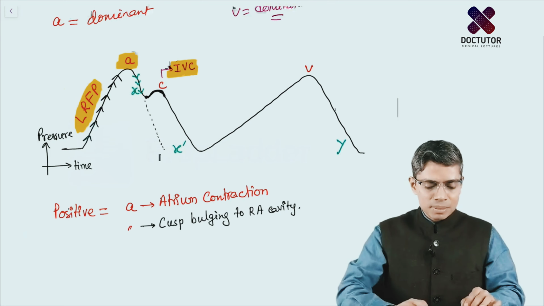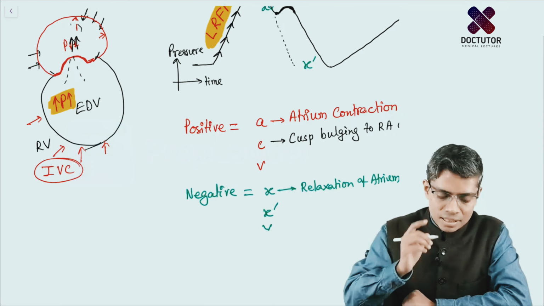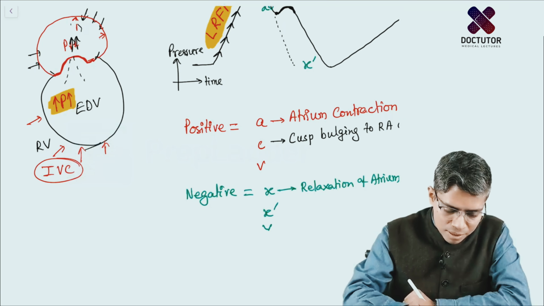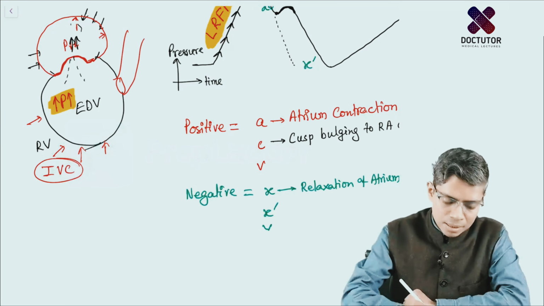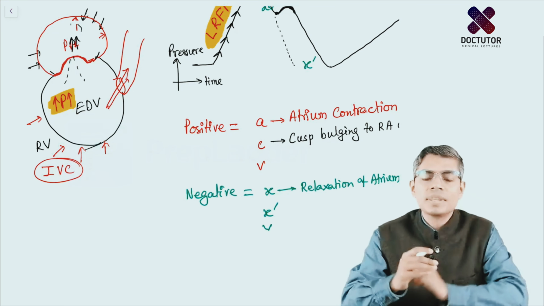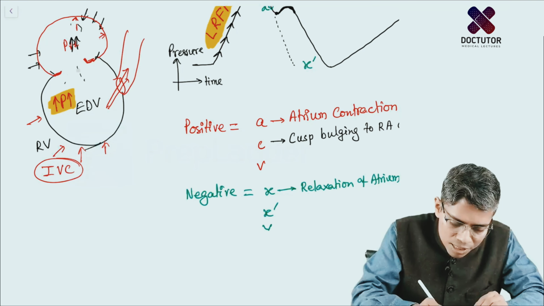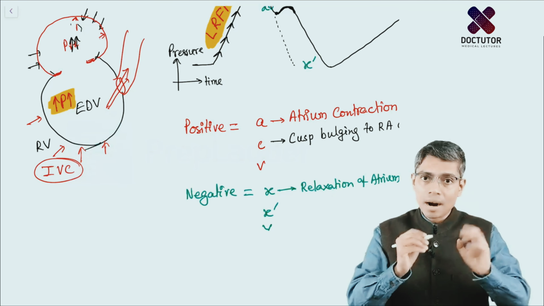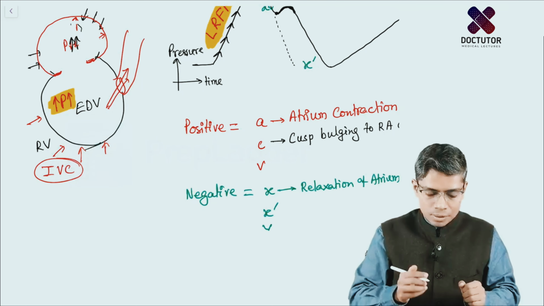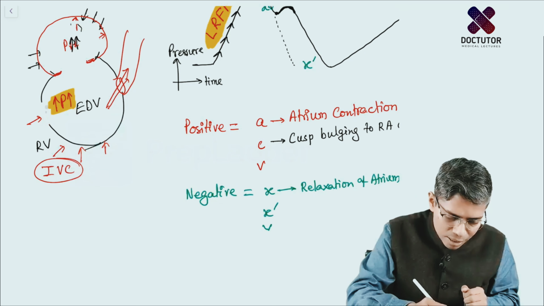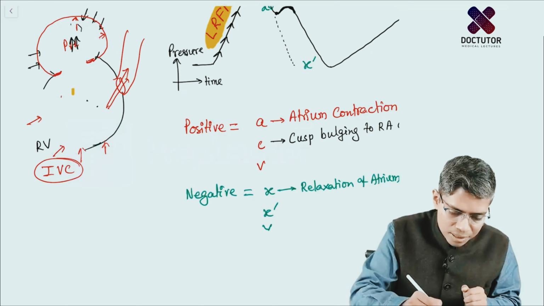Now, after the isovolumic contraction phase, what phase of the cardiac cycle will start? You all know that at the end of the isovolumic contraction phase, ejection will start. Ejection means there will be opening up of the semilunar valves, and the blood will be ejected here. When the ejection is occurring, do you think this tricuspid valve will still remain bulged towards the atrium cavity? Answer is never. Imagine that the ventricular chamber is contracting to a very severe degree